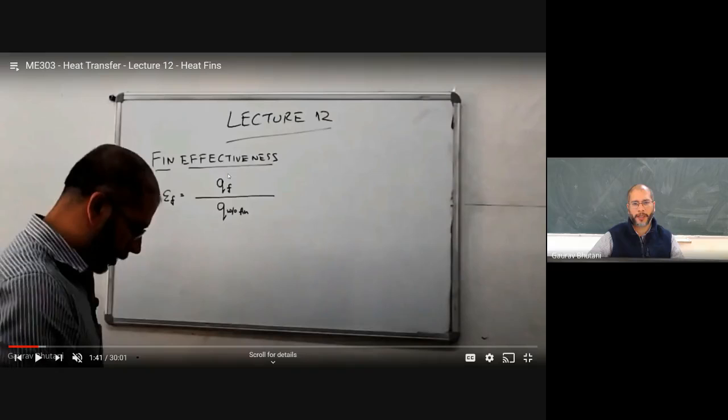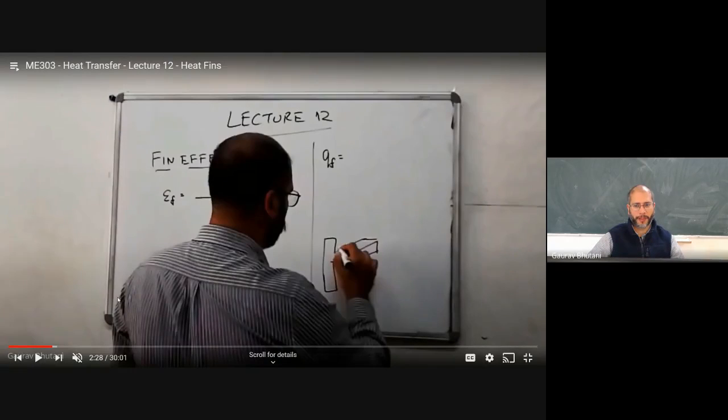Okay, so this is the ratio of the rate of heat loss with the fin to the rate of heat loss if you had used no fin at all. So this ratio definitely should be more than 1. Otherwise, by adding a fin, you are actually making things worse. But since we are spending some money, etc., and adding a fin, to compensate for that, we typically say that effectiveness should be at least 2, so that it's justified to use the fin.